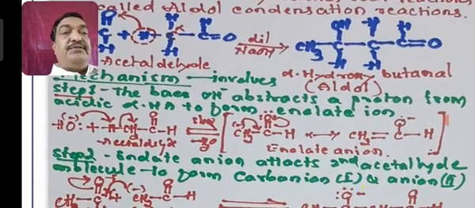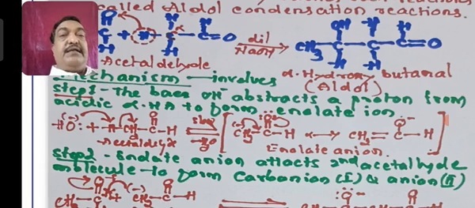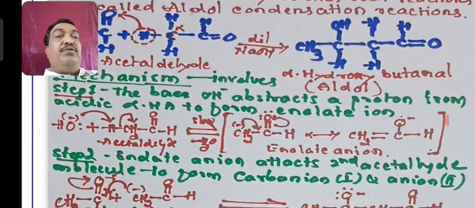When we are representing the mechanism, the steps involved should be represented correctly. In the first step, what happened? The NaOH ionizes to give OH minus as a nucleophile. The OH minus nucleophile attacks the aldehyde, CH3CHO. This is a slow reaction, and the proton of the aldehyde will be removed by OH minus as water, and you will get CH2 minus CHO, that is the enolate anion.